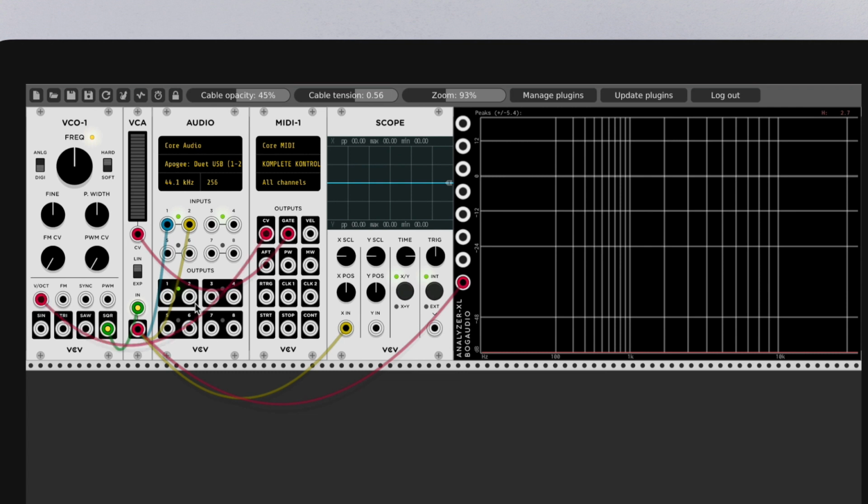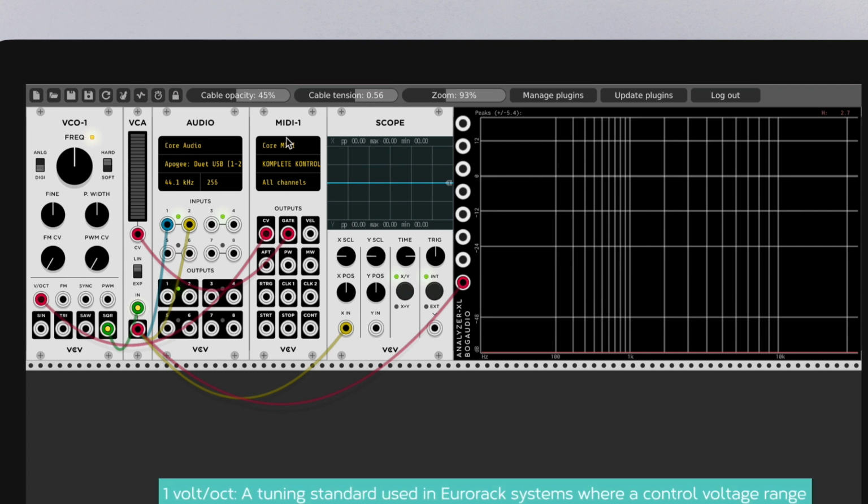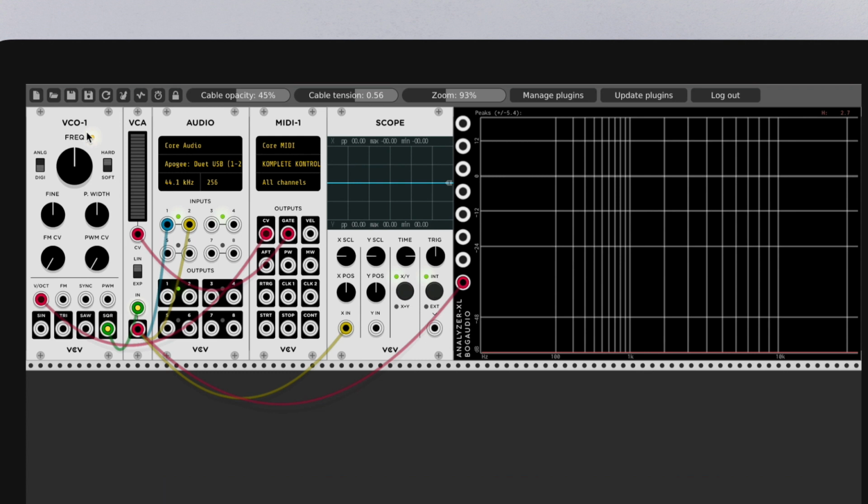Now all this math calculation is done internally. We don't have to worry about it because we just have to play notes on our MIDI controller, and this module will convert it into control voltage and convert it into that 1 volt per octave range. So it tracks the oscillator perfectly. So when I play a C major scale on my keyboard,